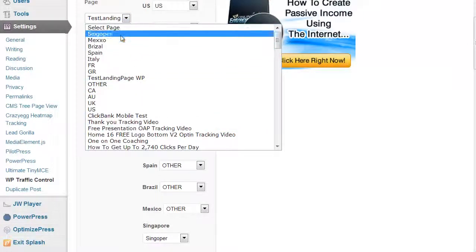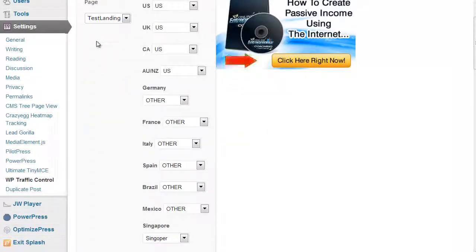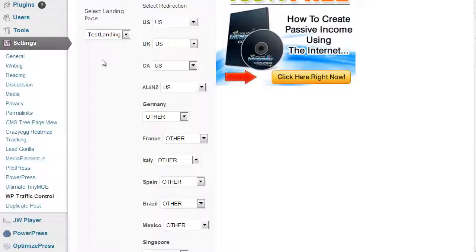So you just tell it, whenever you hit, just pick whatever page you want them to visit. Whenever they hit that, it will detect where they're at and immediately send them off to these other countries. It's very, very easy to come in here and get high dollar, high value traffic out of solo mailings, PPV, PPC, PTC, banner, media. It doesn't make any difference. You can pull out the traffic and send them to the country page that's appropriate to them, or just flat out sell them off. It's that simple.